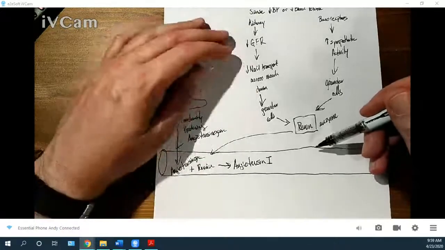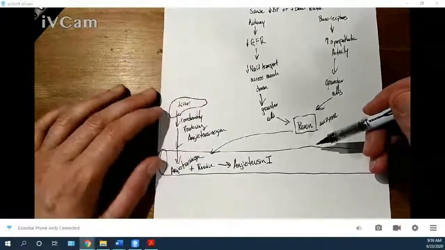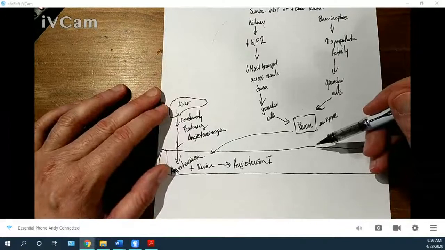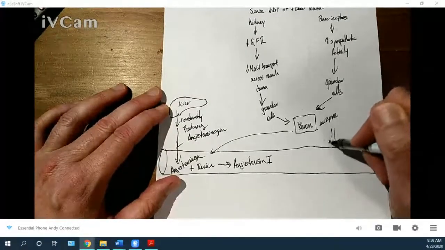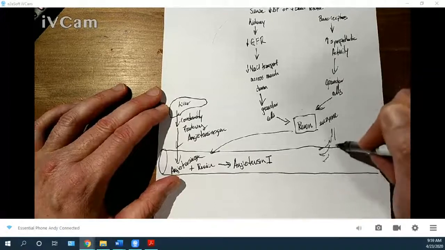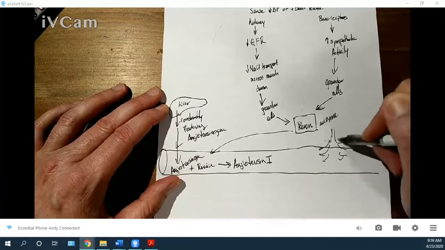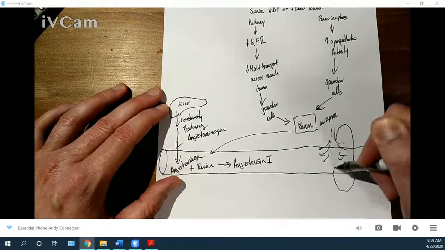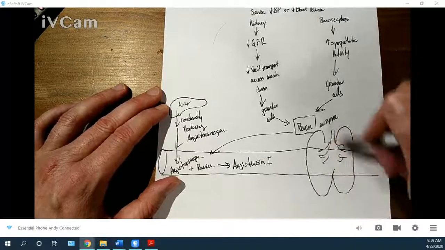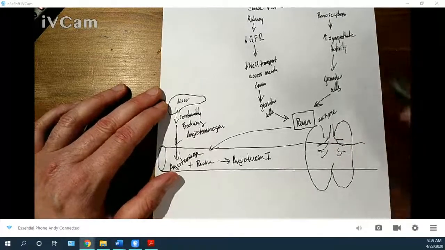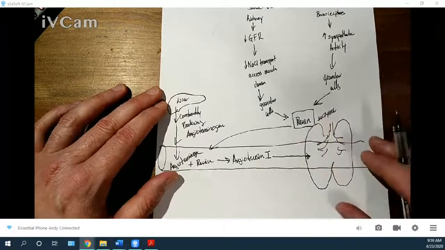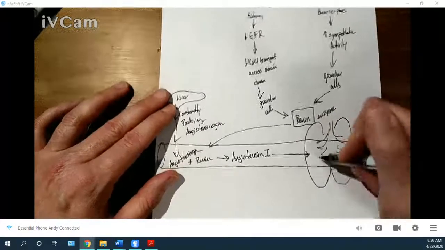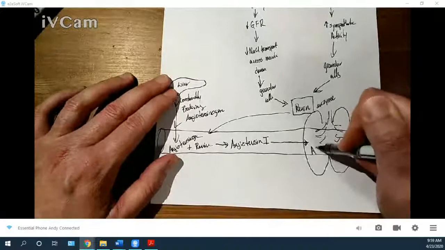But remember, we need to get CO2 out of our blood and oxygen into our blood, and this happens at the lungs. So our lungs are right here, our angiotensin 1 comes into there, and it encounters another enzyme. We have an enzyme called ACE,